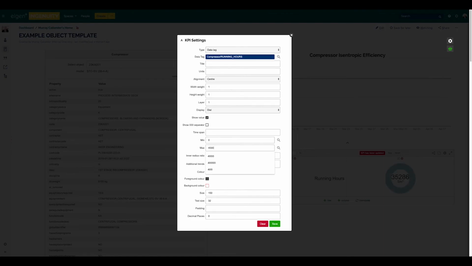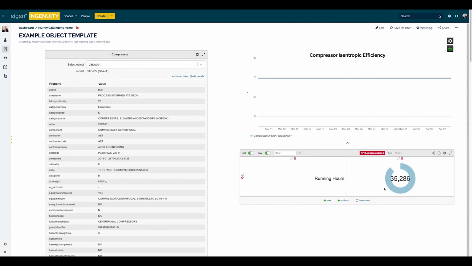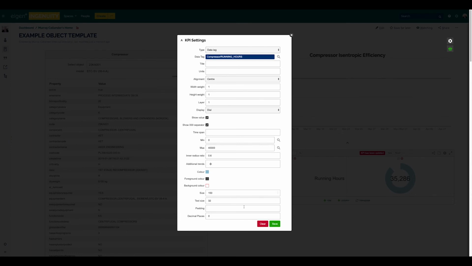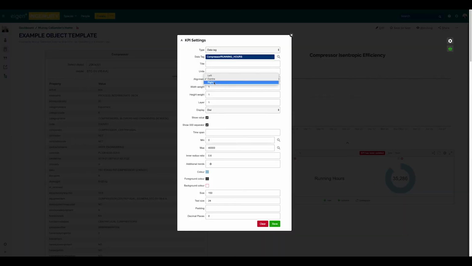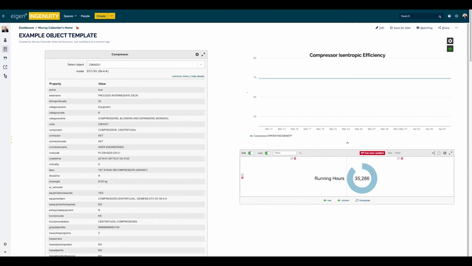So to configure the object template, we'll go to the settings icon and then we choose the class or type of object we want to use. In this case I'm going to choose compressors. So we scroll down until we see compressor, and it defaults to the first property to list, which is code, and that's okay, but I have an optional property as well, so I'm also going to show the model just